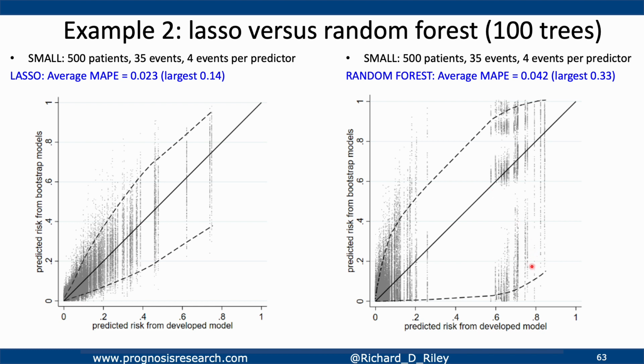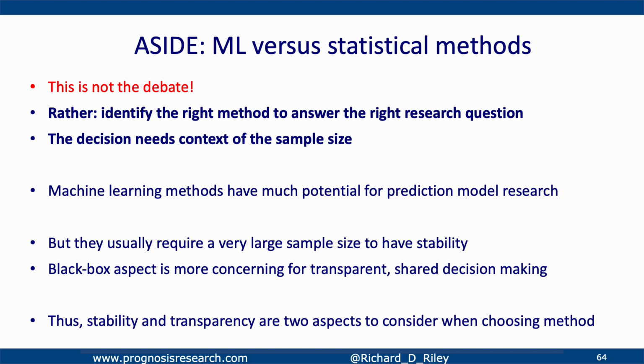And we see that, for somebody whose original model predicted a 0.8, across the bootstrap models the predictions could be basically between 0 and 1. So this is hugely concerning, that this random forest approach is just very unstable. And many machine learning methods are unstable. They need bigger data. If you have the bigger data, they may indeed be advantageous and pick up things that you missed through traditional statistical modelling techniques.